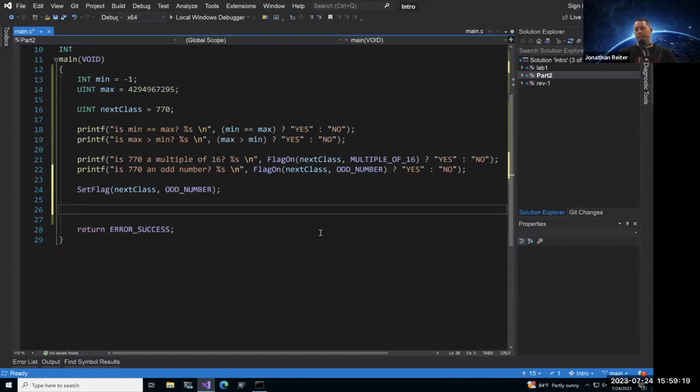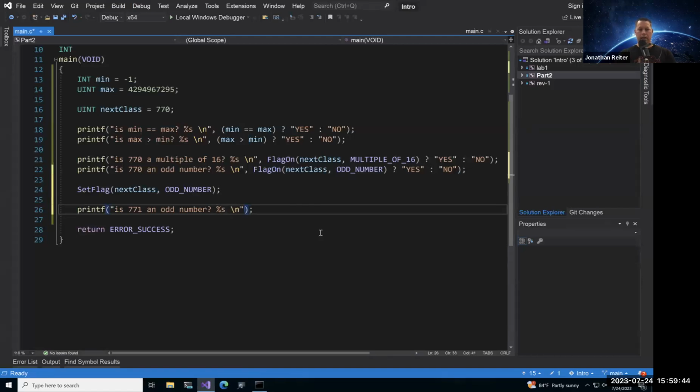To see this happen, we'll do another printf statement. The value should become 771. So we'll say, is 771 an odd number?